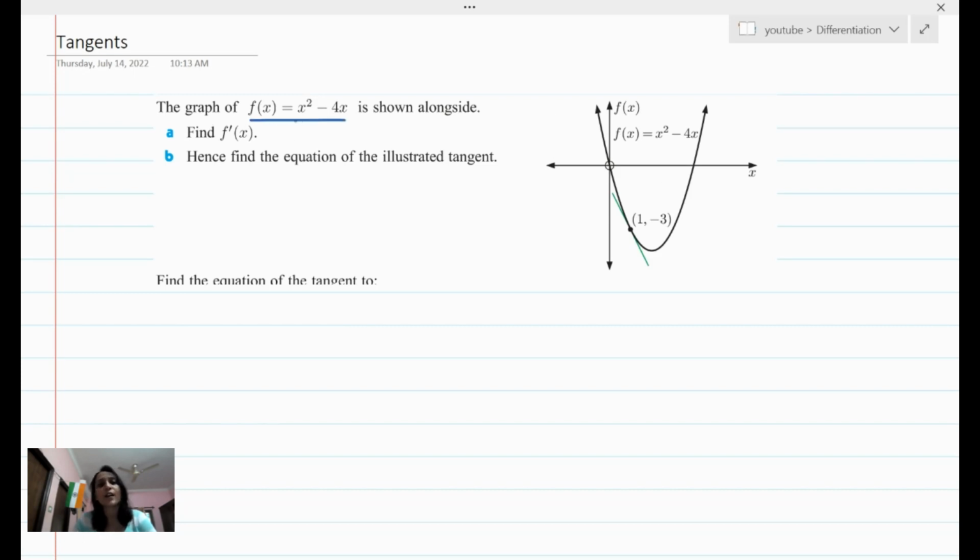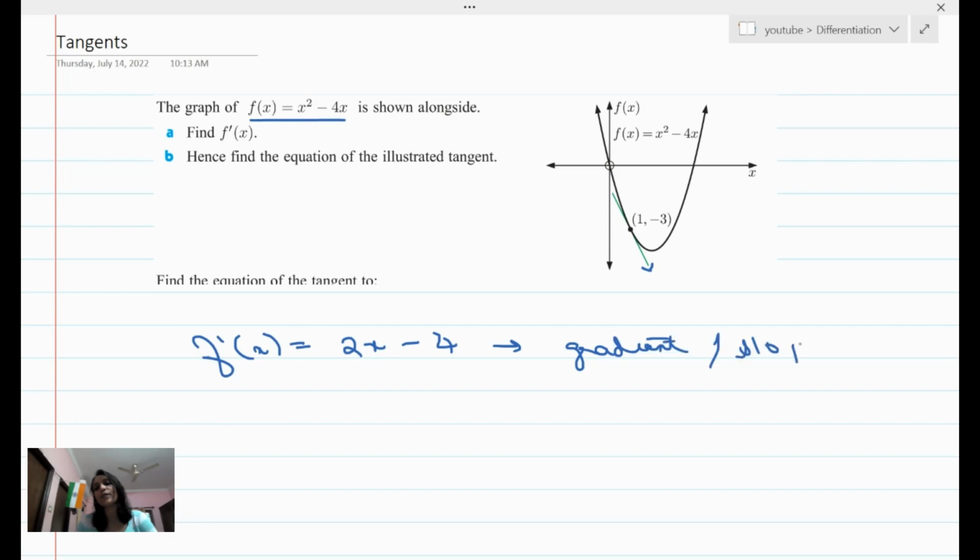Our function is x squared minus 4x, and we have to first find f dash of the function and then find the illustrated tangent, which is this line over here in the green. So the first thing that I'm going to do is find f dash of the function, which is the derivative. So here, x squared minus 4x: the derivative of x squared is 2x, and the derivative of minus 4x is minus 4. Now we know that the derivative of the function is nothing but the gradient